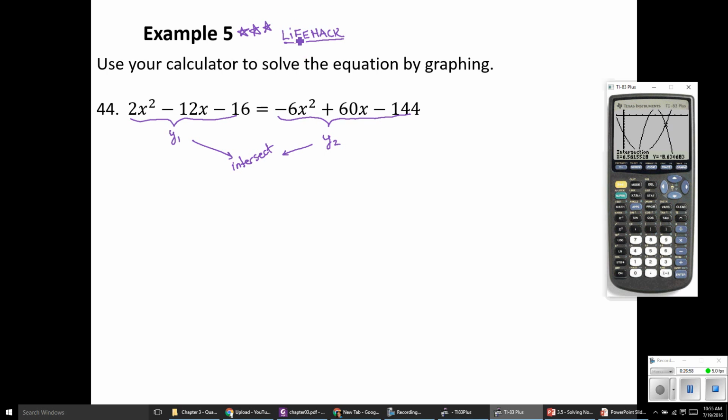Really hang on to this principle because it works not only for polynomials that we want to match up, but exponentials and logarithms and a lot of the complicated things we're going to talk about later this year. It's an excellent thing to fall back on, and an excellent strategy to fall back on if you have no idea how to solve the equation.